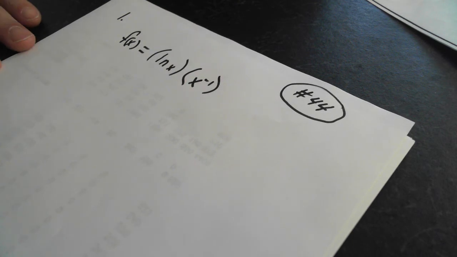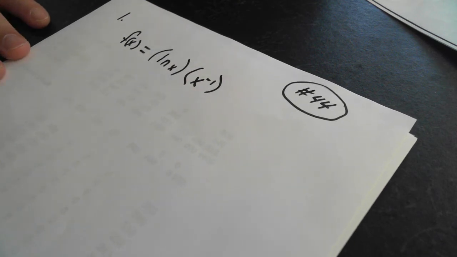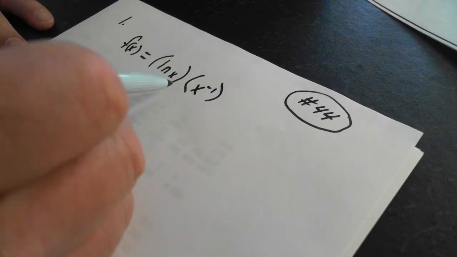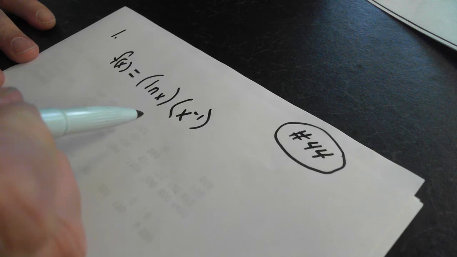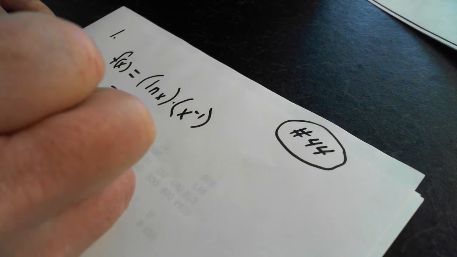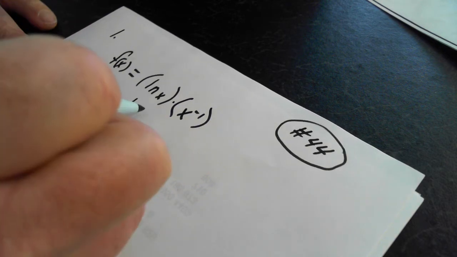Okay, starting with number 1, which I feel is one of 10 or 12 of the most achievable ones. I have rewritten it because I usually don't do the quotient rule. I flip it up and do the product rule. Not everybody does that. Then if you do the product rule here, you will have 1 over x for the